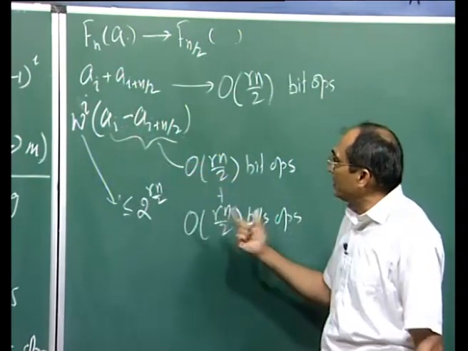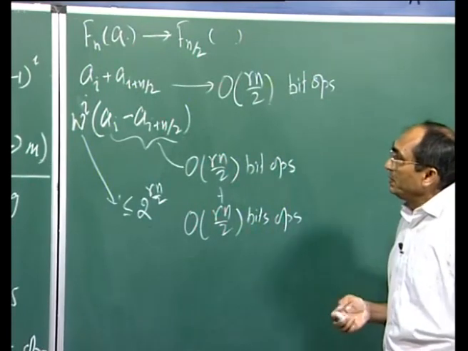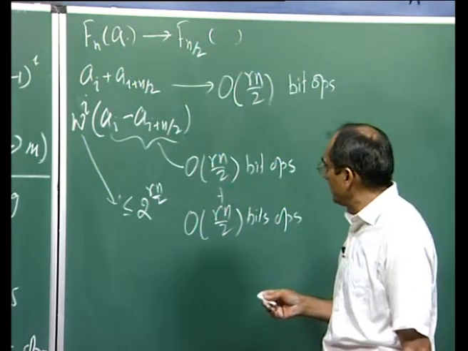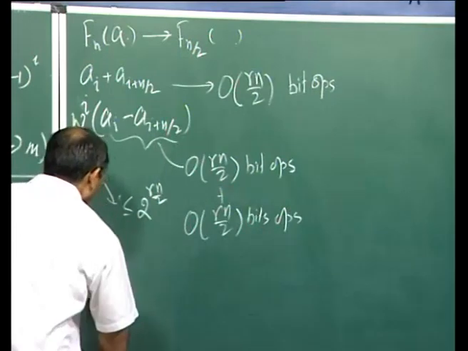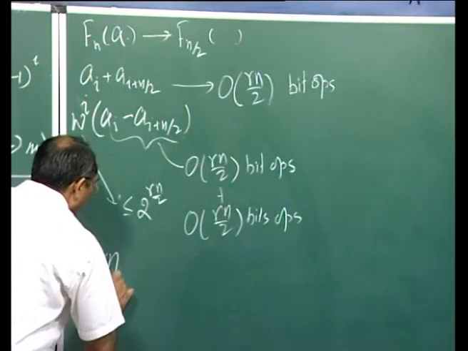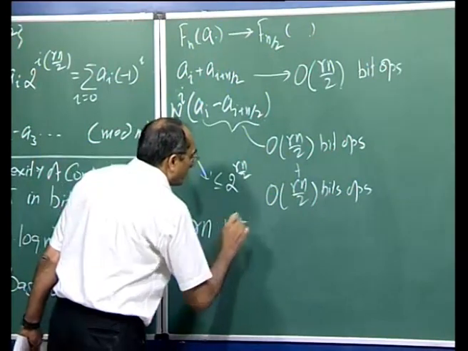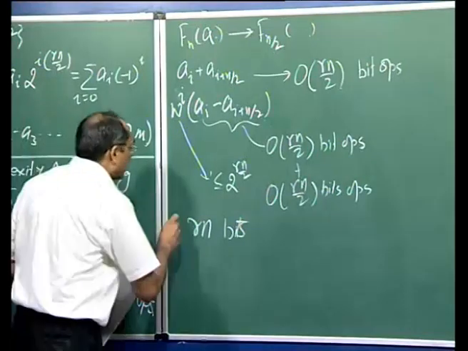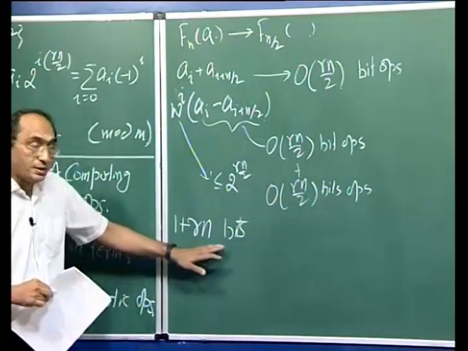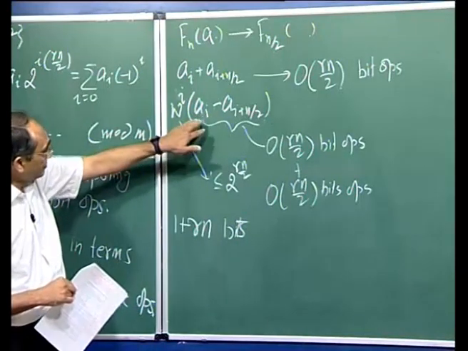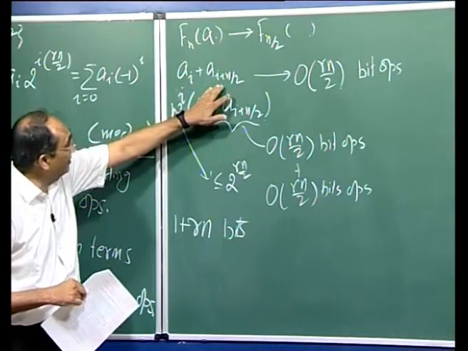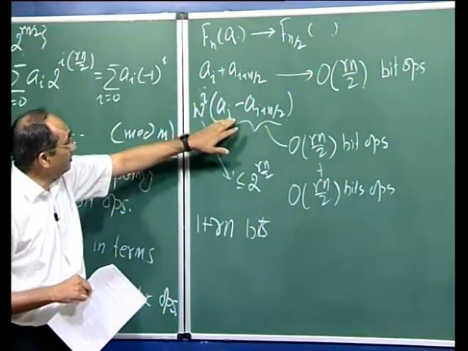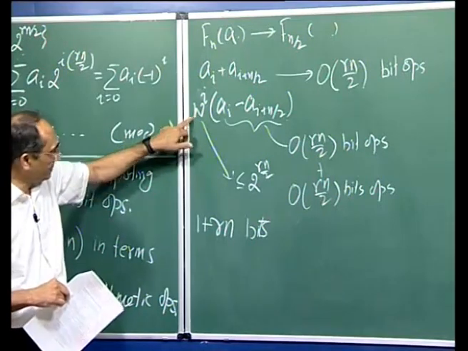After we have performed this, the number that will result can have at most, in the second case, Rn bits, because you are adding this and maybe 1 plus this, 1 plus Rn bits can result, because here 1 plus Rn bits and here let us say 1 plus Rn bits, Rn by 2 bits plus Rn by 2 bits.